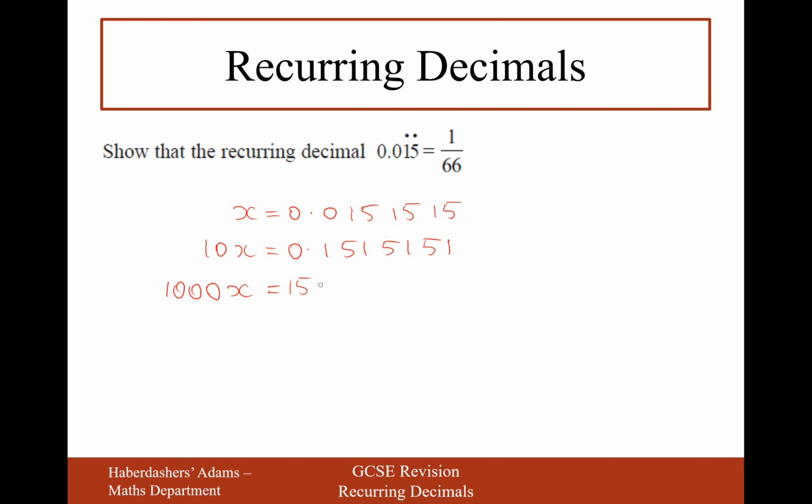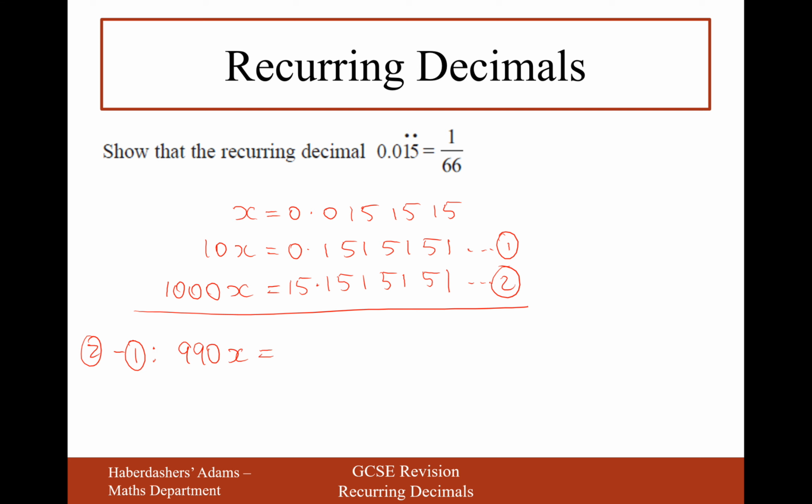So I've now got 15.1515. So now I've got statements 1 and 2 with decimals nicely lining up, so now I can do my subtraction. 2 take away 1, that will give me